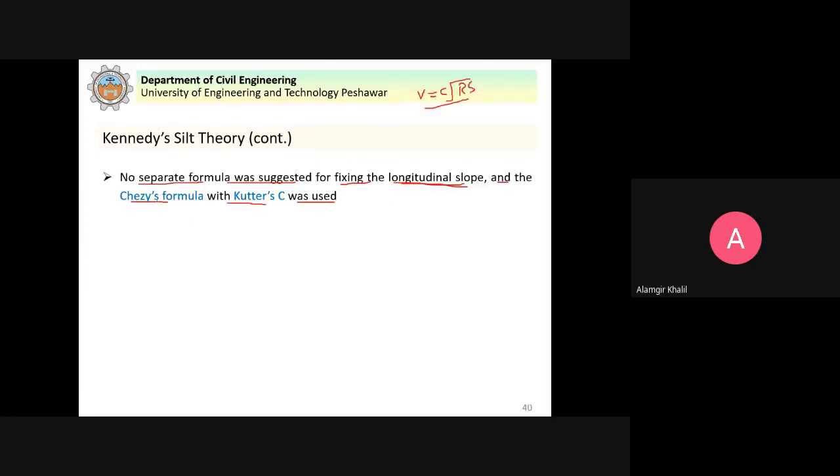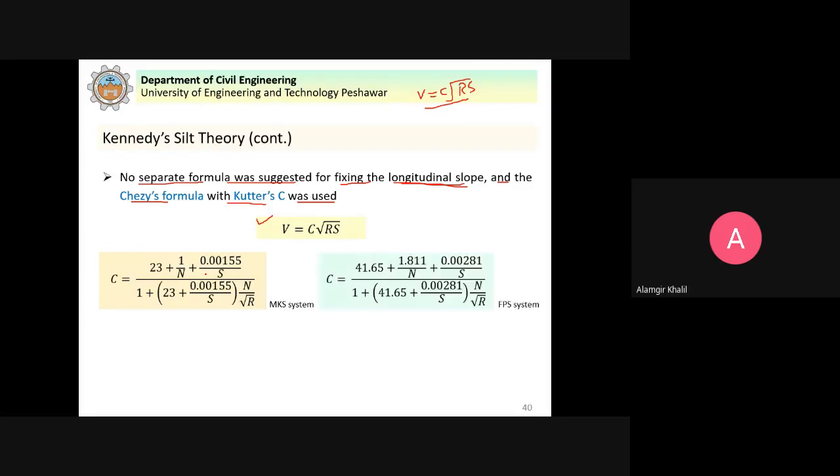So he used the Chezy formula and the Cutter's formula to calculate the C in the Chezy formula. These equations were used by him. So this is the Chezy formula, and this is how we calculate the C in the Chezy formula using the Cutter's equations in the MKS system and in the FPS system,